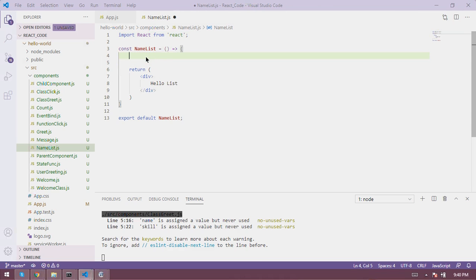Alright, now I'm going to take a list of names. So constant names should be an array which will have some common names like John, Mary, and maybe Steve, something like that. And for rendering a list we can have options like